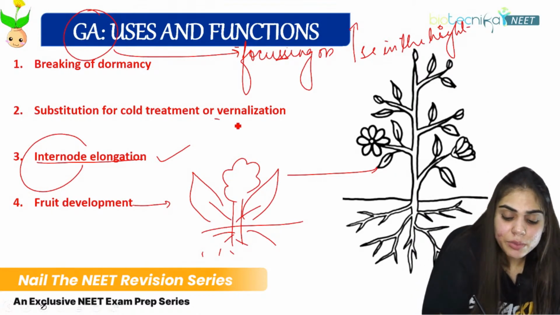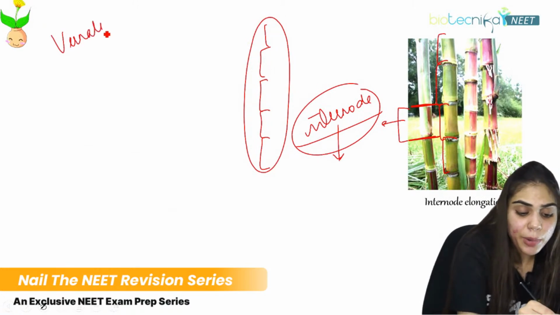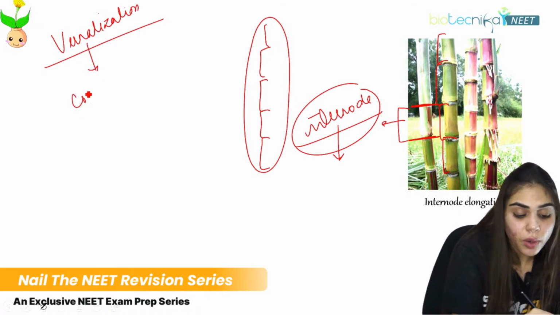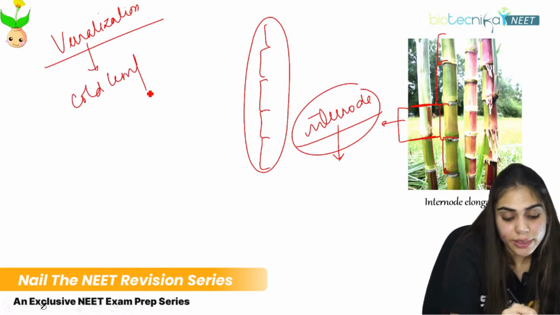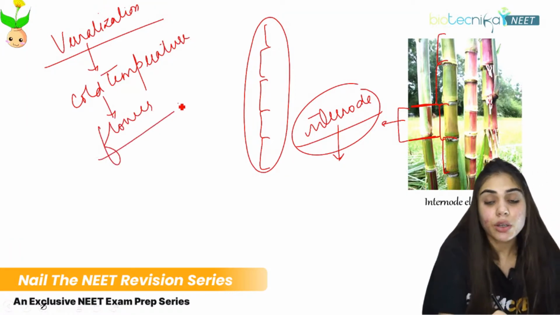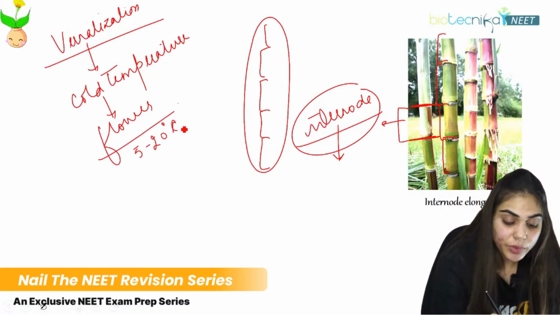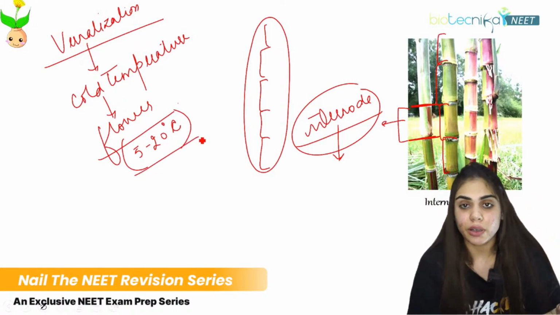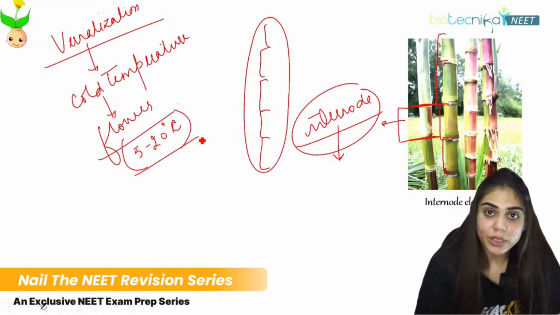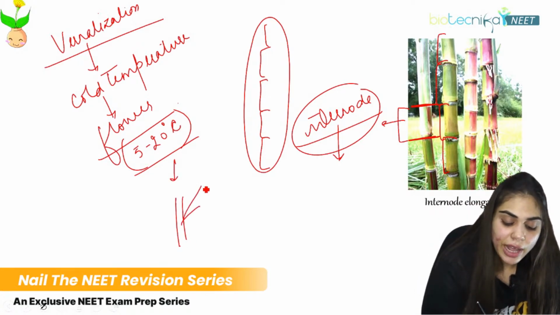Now, sometimes vernalization. What is vernalization? Some parts of the plant require cold temperature. Until and unless they get cold temperature, they will not flower at all. They require cold temperature between 5 to 20 degrees centigrade. So you have to keep this plant at very low temperature, only then you will see a flower in the